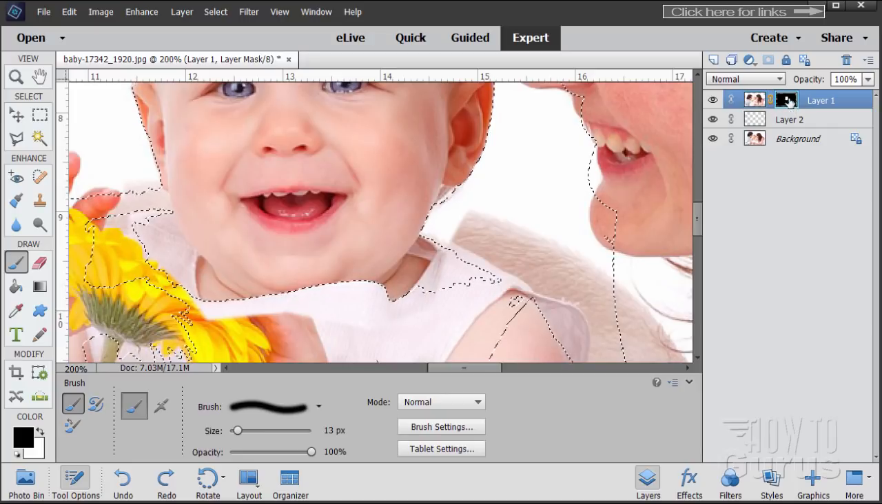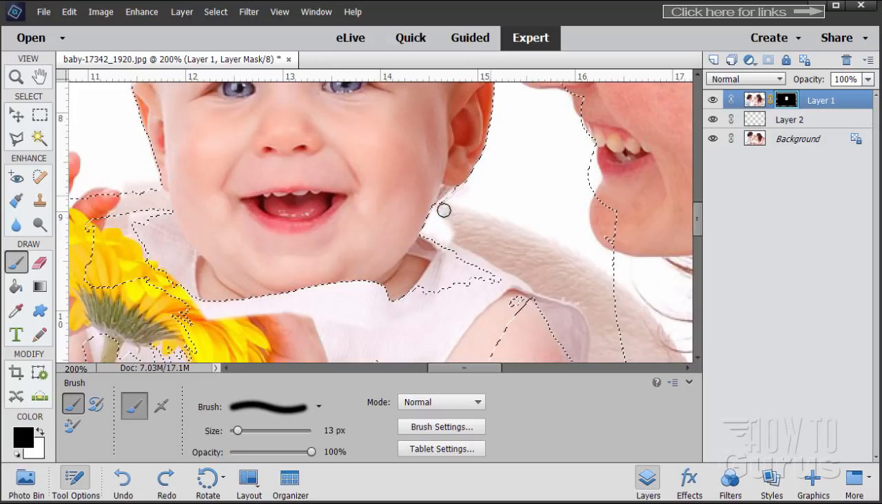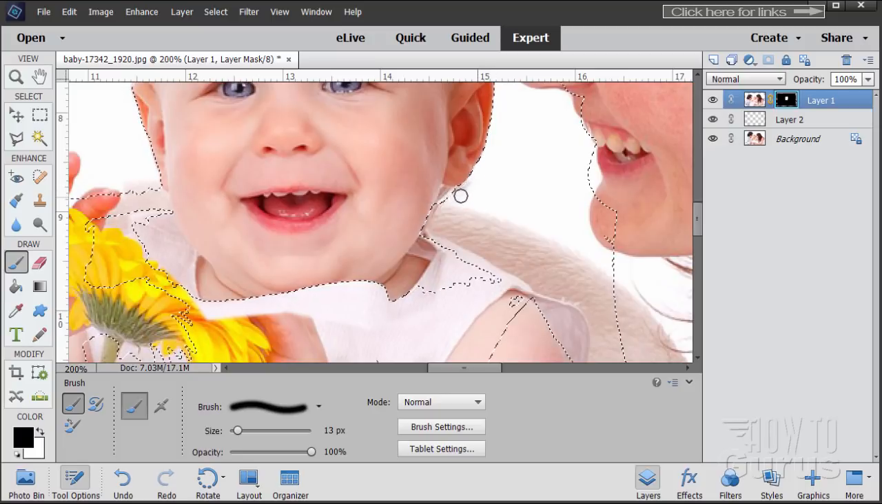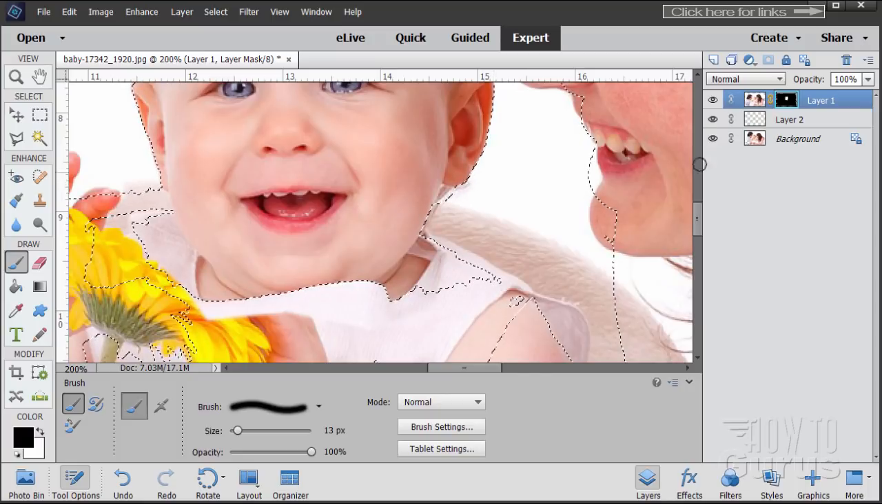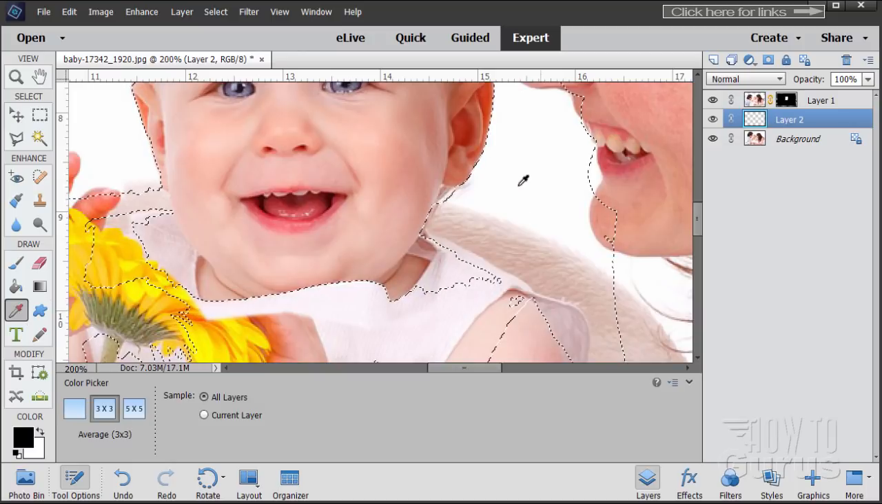So double click on the layer mask, make sure you're on the layer mask, painting black, and we are hiding that little bit of that chair. So that takes care of that. There's a little bit right in here, as you can see, a little bit of hair showing in, and that's from the other baby. We can fix that by going down to layer 2, back to the color picker, eyedropper,